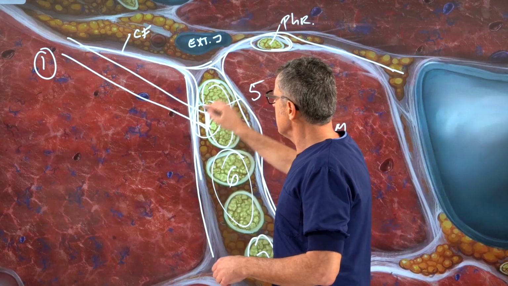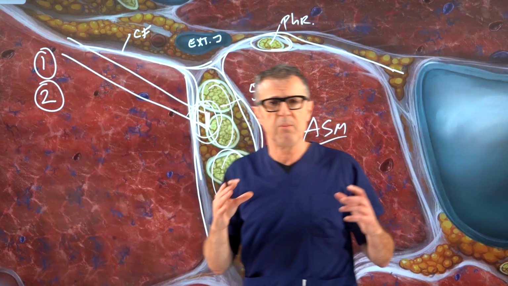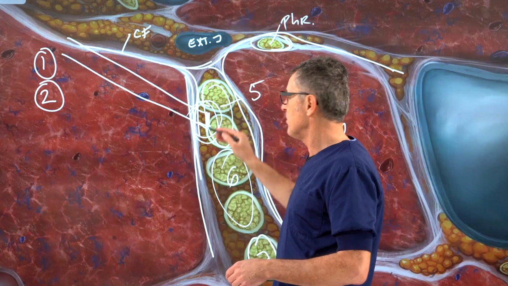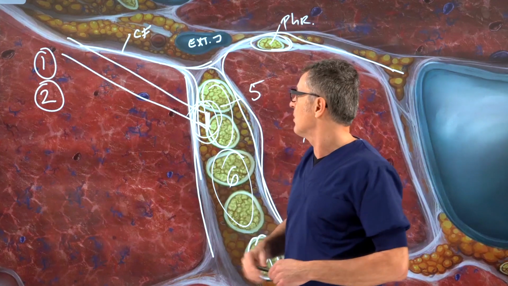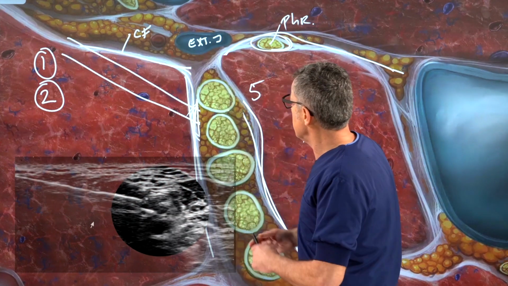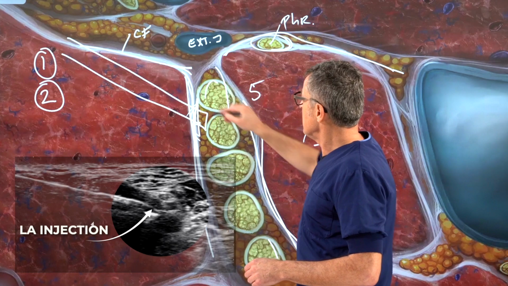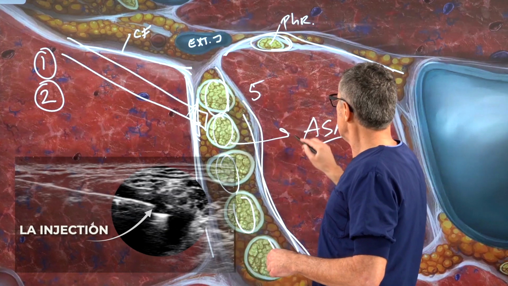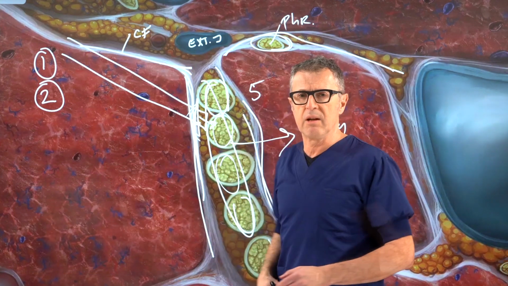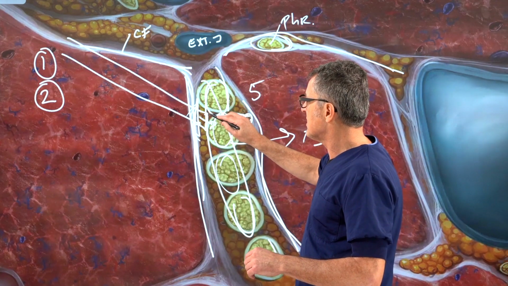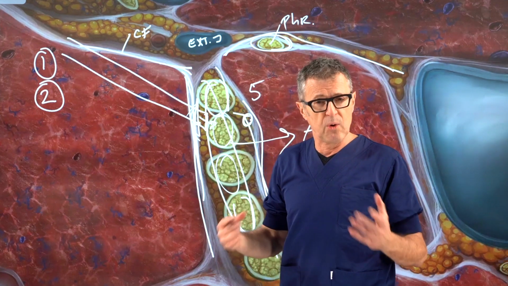Once we have the needle inside the space, there comes the moment of truth, which is step number 2. In step number 2, what we want to do is to confirm that the needle tip is inside the proper space. And we do that by injection of the local anesthetic. But when the local anesthetic is injected inside the therapeutic space, then the brachial plexus basically moves away as a unit from the local anesthetic that is being injected through the needle. What we want to document is that the local anesthetic, once the needle is inside the space, pushes the brachial plexus to safety away from the needle.